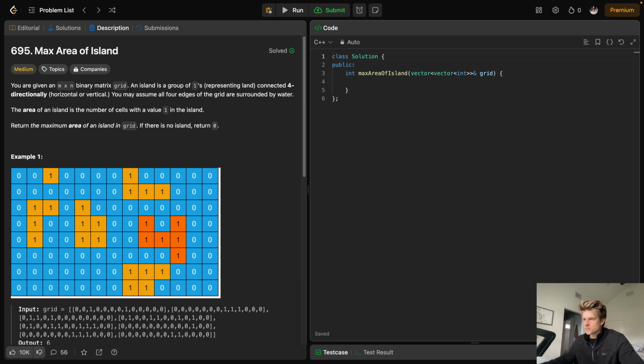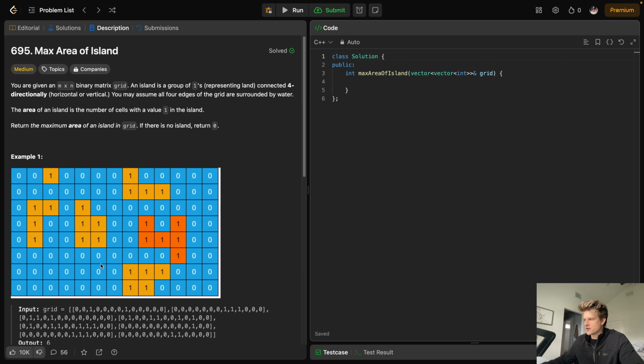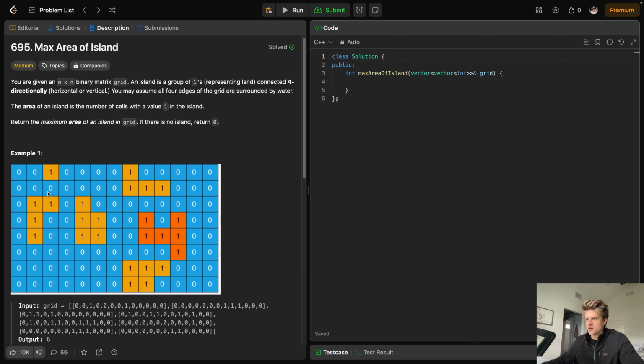So just looking at this first example here, they have a nice illustration. We're basically just counting up the area of each island and then returning whichever island has the maximum area. So we can see this island, this would be an island, it has an area of 1, and so forth. This island has an area of 4. And we could look at each island, but I think an important